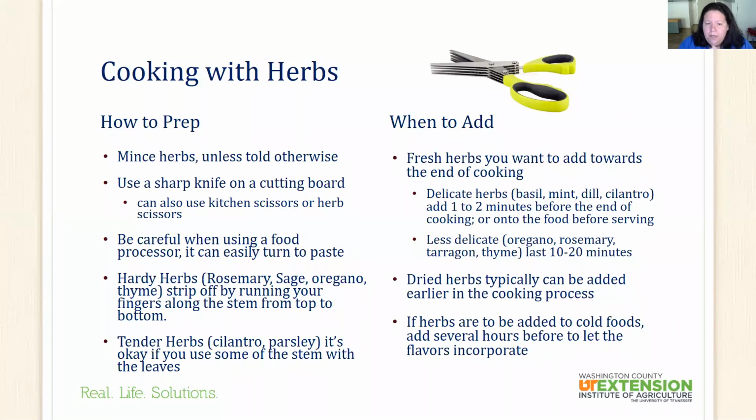If you do use a food processor, just be very careful. If you plan on mincing it, it can easily be turned into paste. With the hardier herbs, you can just run your finger along the stem from top to bottom to take those leaves off. With the more tender herbs like cilantro and parsley, it's okay if you use some of the stem with the leaves on